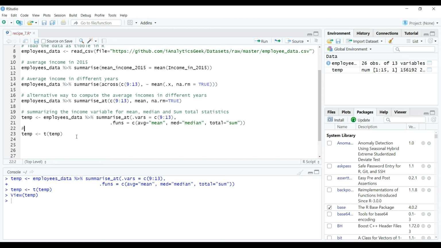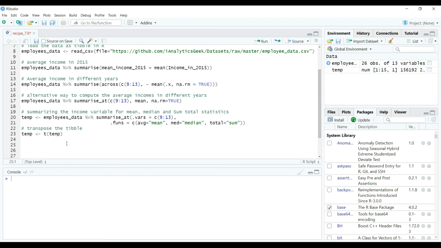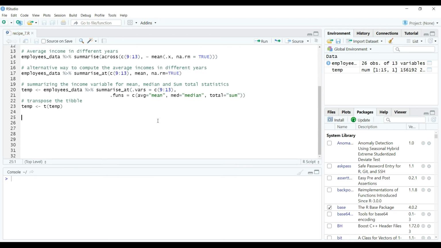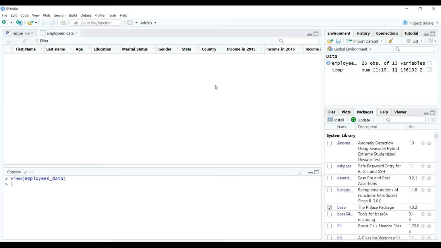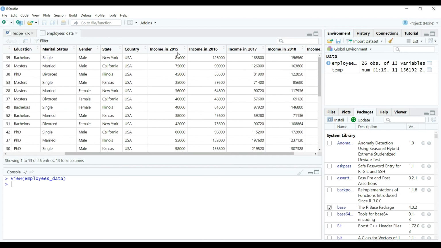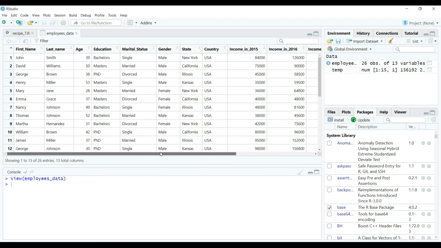One more important thing before we come to the end of this video tutorial is that in real analysis, we usually do not directly summarize the data like we did until now. Rather, we summarize the data for different groups. For example, finding the means or the medians or the minimum or the maximum values or standard deviations for different groups such as by genders or by countries or by age buckets, etc.